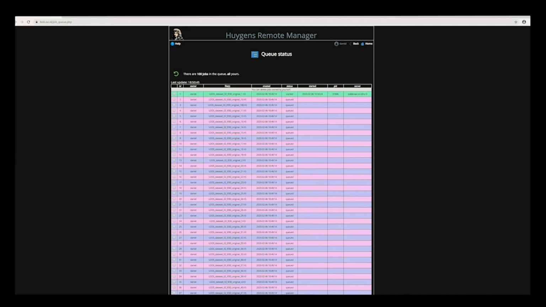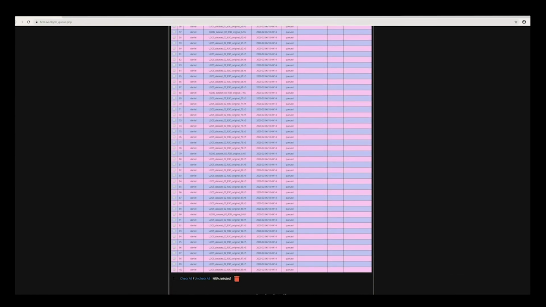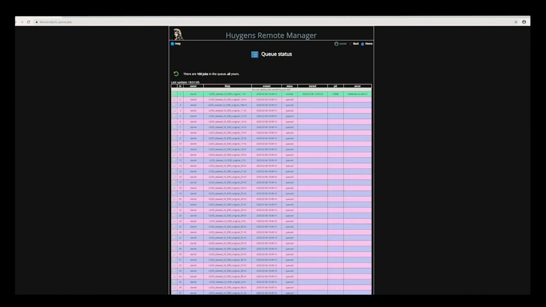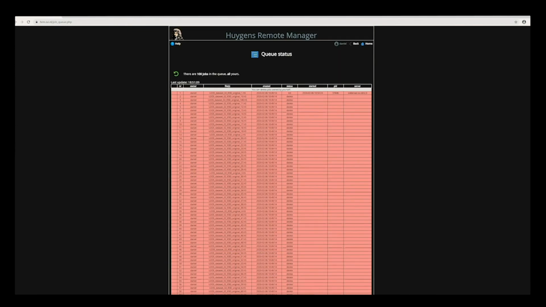Now let's say that you also made a mistake in launching a specific batch of images and that you want to remove them from the queue. You can simply make the selection of images. In this case, I will just select them all and click on delete. And this used to be a little bit of a shaky action